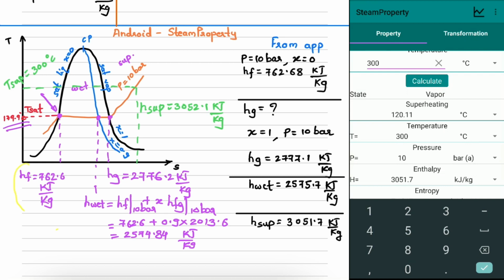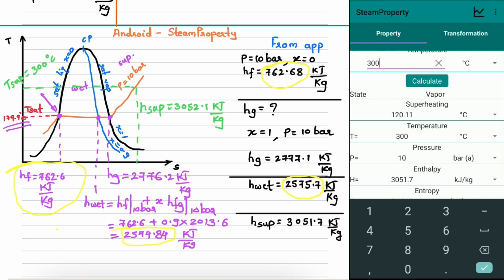From steam table we got HF as 762.6 and from app we got it as 762.68. Then H weight value we got as 2574.84 kilojoule per kg from steam table, and from application we got it as 2575.7 kilojoule per kg.